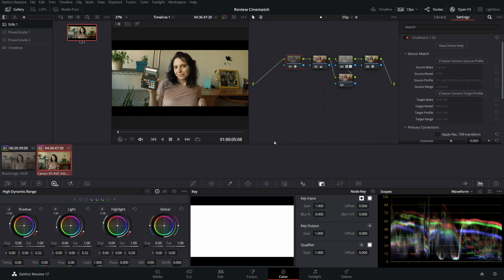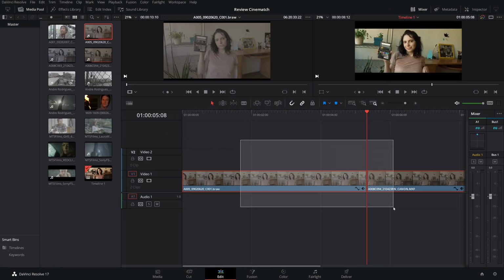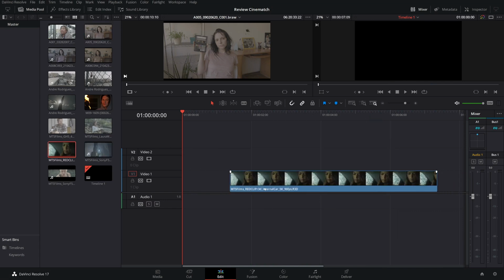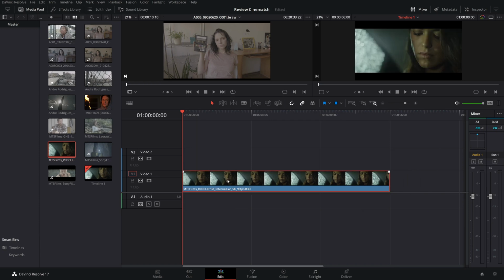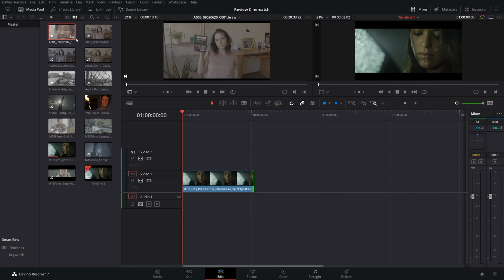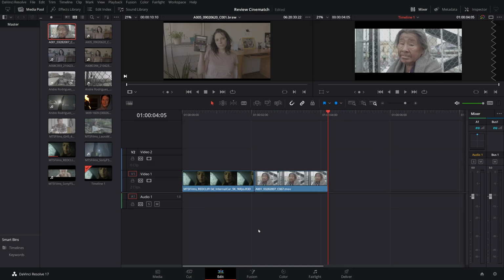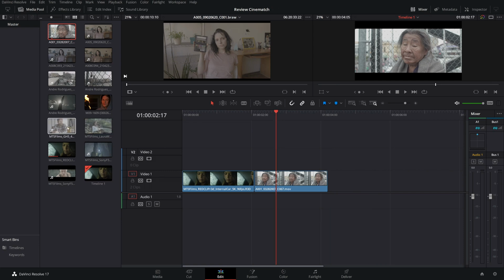Now we will go further and try different cameras in different situations. So I'm going to choose different shots here. Let me take this one, which is RED. It's a RED shot, and I'm going to get this one. Okay, this is a Cinema DNG shot, and this is a GH5 shot in V-Log.